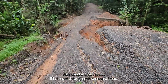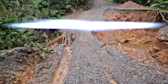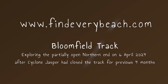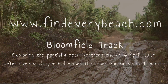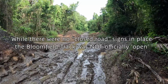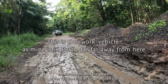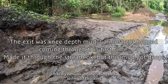Just checking out to see if I can get through this section of road. So I'm doing a bit of exploring on the Bloomfield Track, seeing how far I could get, and this little crossing, I almost got stuck in there on the way out. Really appreciated the power of the V8 Land Cruiser to get myself out, and I'm really nervous about coming back,